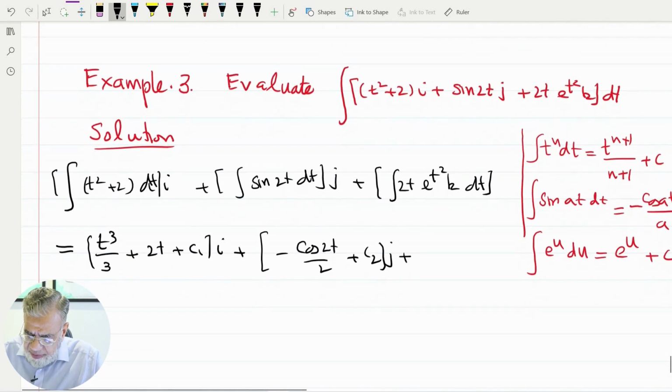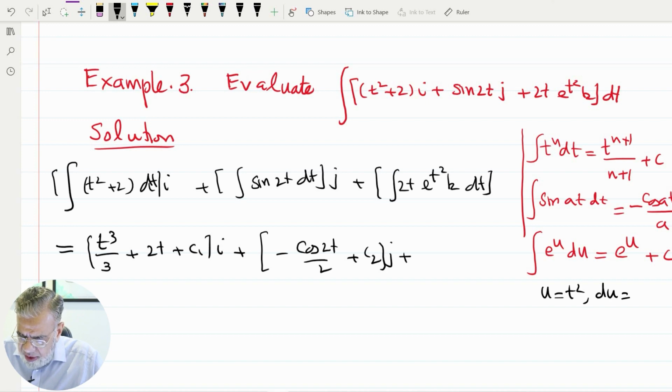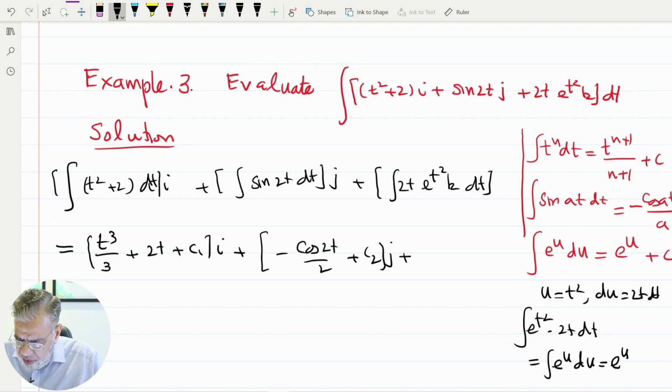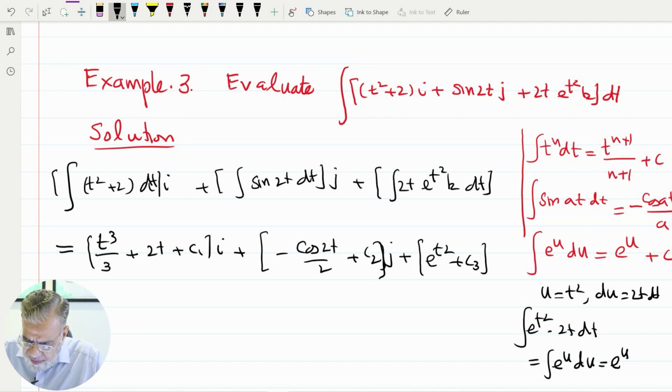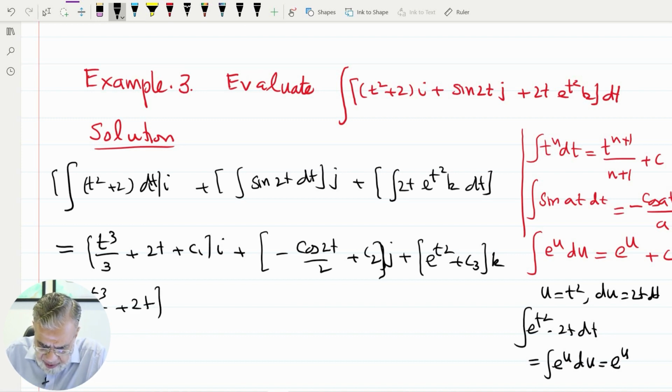as I told you, in this case we can just take here u is equal to t square. What's my du? My du is equal to 2t dt. The integral I have here e to the t square into 2t dt, I can rewrite this as e to power u du, and the result is e to power u. So my result will be equal to e to power t square plus c3 k. So I rewrite this one, I take my constants out, and we can write this equal to t cube over 3 plus 2t, and we're having here i